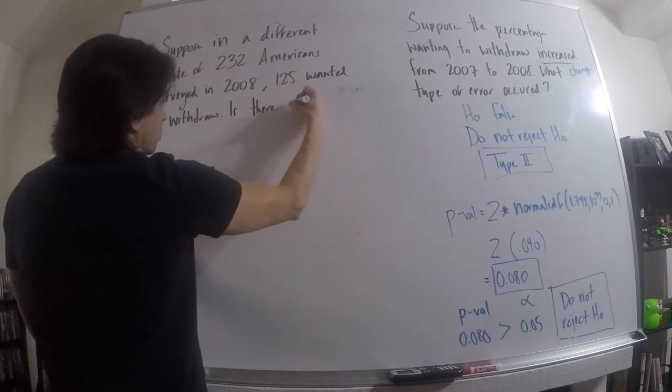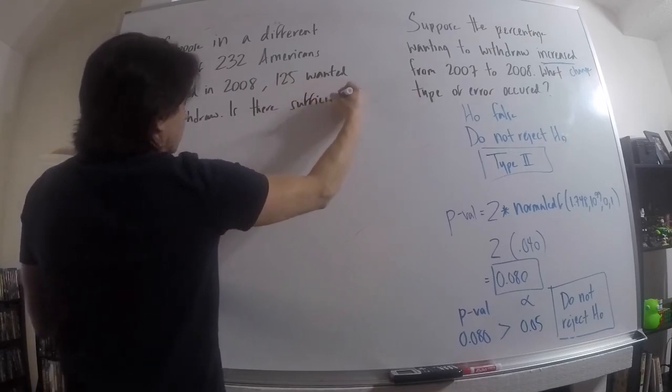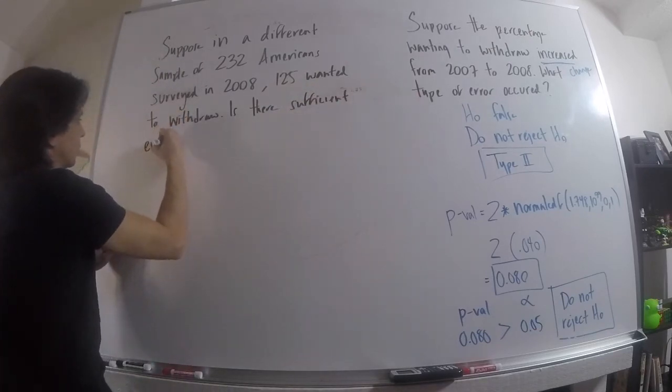The question will be the same. Is there sufficient evidence at the 5% level